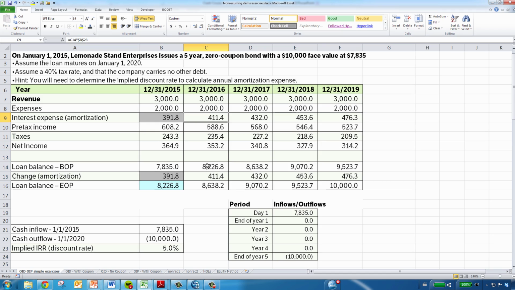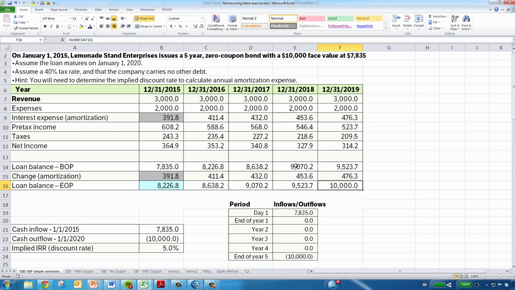And now the next year, the interest expense, or the amortization that's buried within interest expense, is a function of that same 5% implied interest rate times the new loan balance. Now you have a loan balance of $8.2 million. The interest is 411,000. And so now that increases the loan balance. And every year this is happening. The calculation is off of the new carrying value